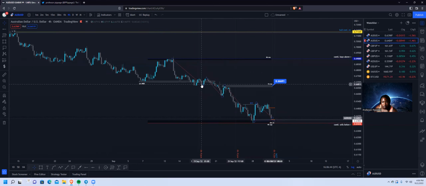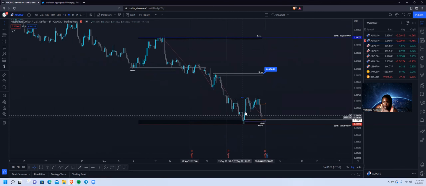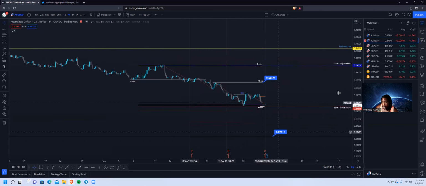So the 1 hour resistance that broke the structural point right here was right up here that sent us into the lows. Now from here, like I said, I potentially could have the 1 hour resistance or 1 hour support identified right down here, but it's in the same exact area as the 4 hour support. So for me, I don't need to analyze or mark anything else down here towards the bottom because I know what I'm looking for. I'm looking to see if price action breaks this low first. If it does, then I'll continue to resume my continuation shorts to the downside, down to that 59,900 area or